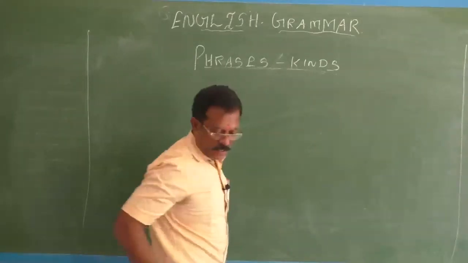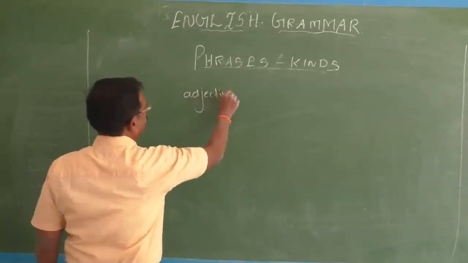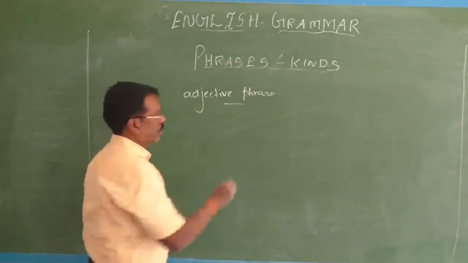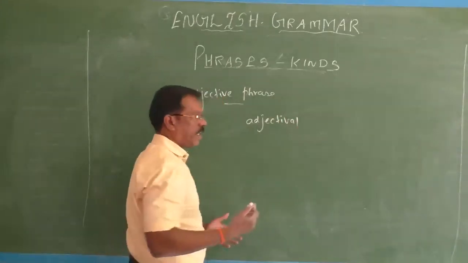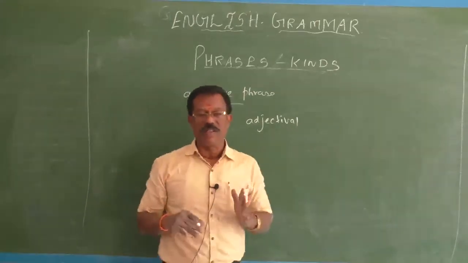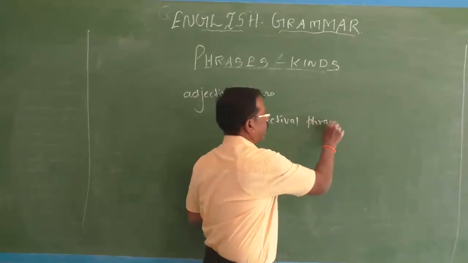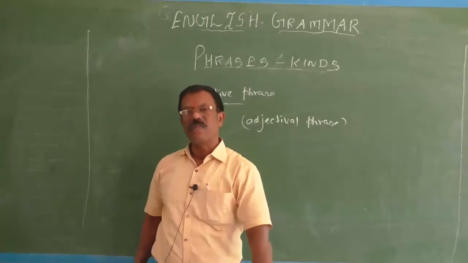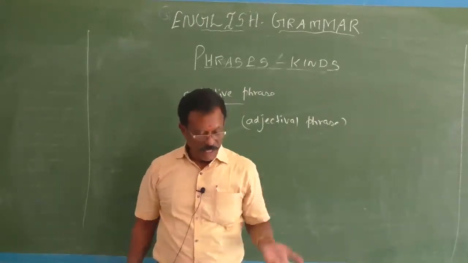You should know the difference, adjective phrase and adjectival phrase. So far what we have seen is called adjective phrase. What do you mean by adjectival phrase? Suppose sometimes you don't have an adjective in an adjective phrase, then such a phrase is called an adjectival phrase. So in the adjectival phrase you don't have an adjective. Keep it in your mind. Then instead of an adjective, it may start with a preposition, it may start with a participle.